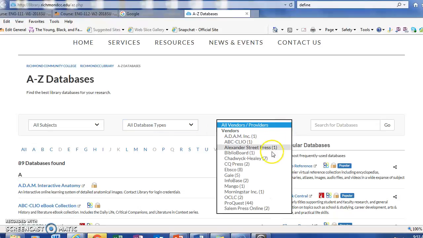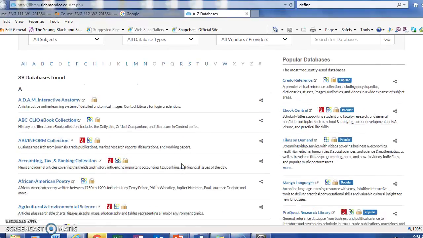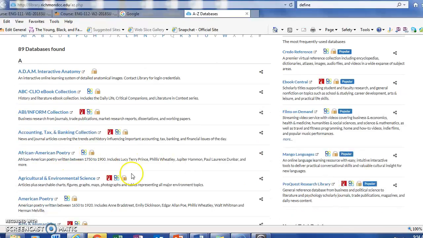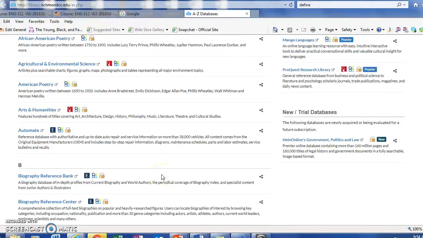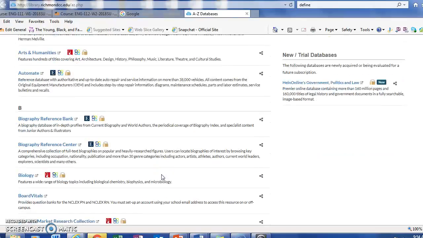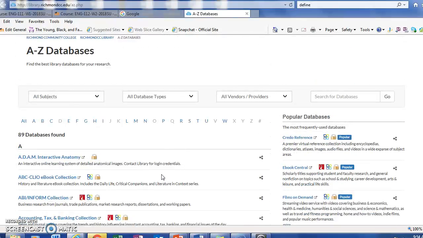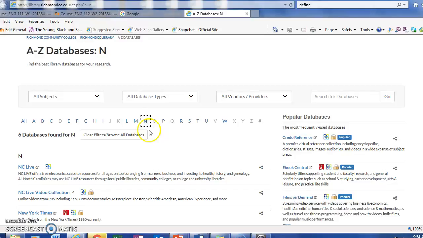In terms of vendors and providers, it doesn't really matter here. ProQuest, lots of students find good resources there. Also EBSCOhost, we find good resources there. So it really just depends. And I would encourage you to click through and see what works after you've discovered and decided on your research topic. One go-to, though, if we just click on the N,